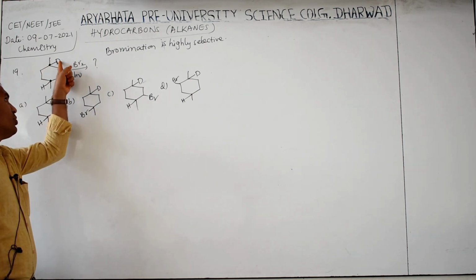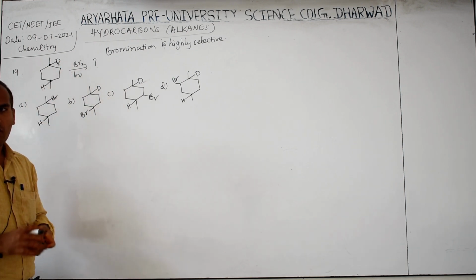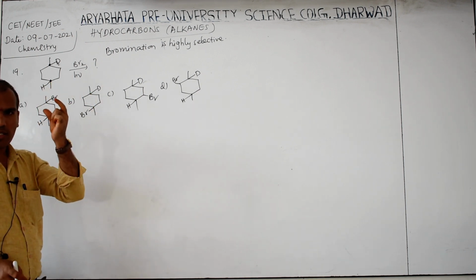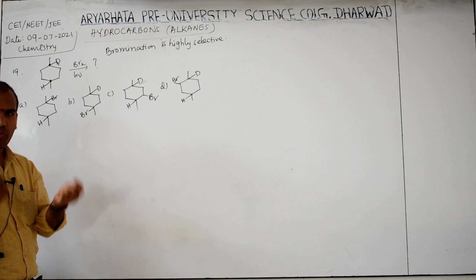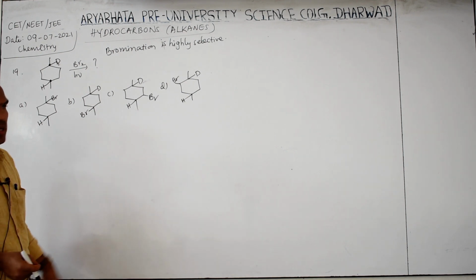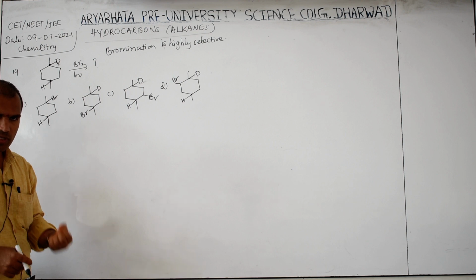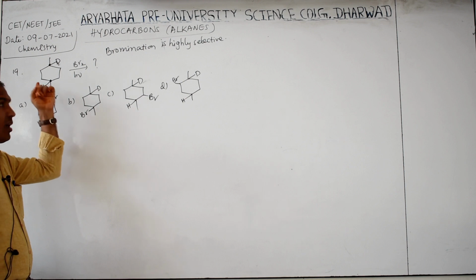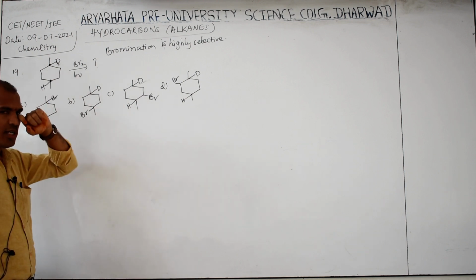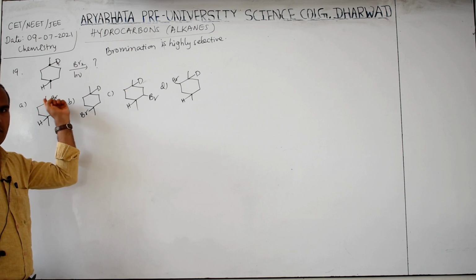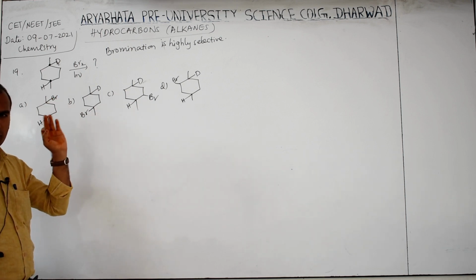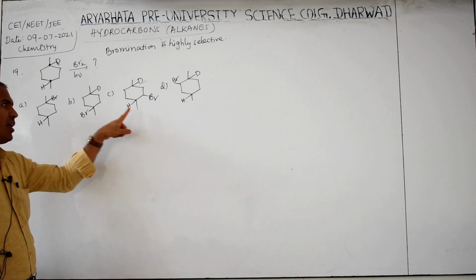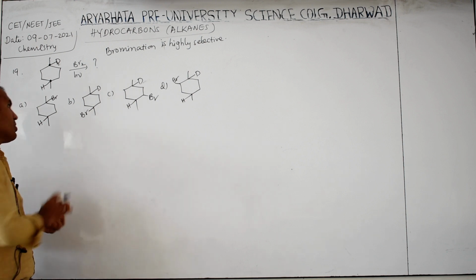But here deuterium is there, here hydrogen is there. The deuterium bond length with this carbon is small. Hydrogen bond length is greater. Greater bond length means it breaks easily. It means it is easily replaced with the bromine. Smaller bond length is not easily replaced. Therefore, bromine substitutes at the lower tertiary carbon, because this is easily replaceable. So bromine at the lower tertiary carbon is there, here not there, here not there, here not there. Answer which one? B option.